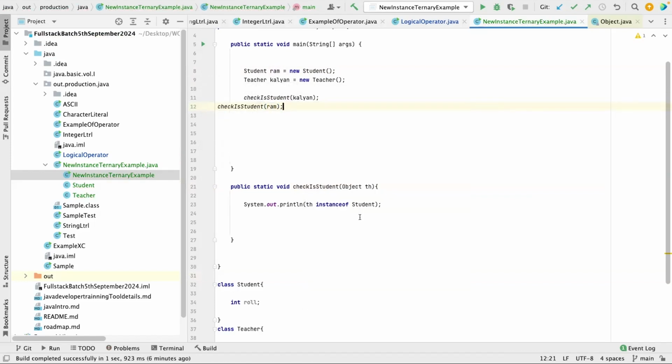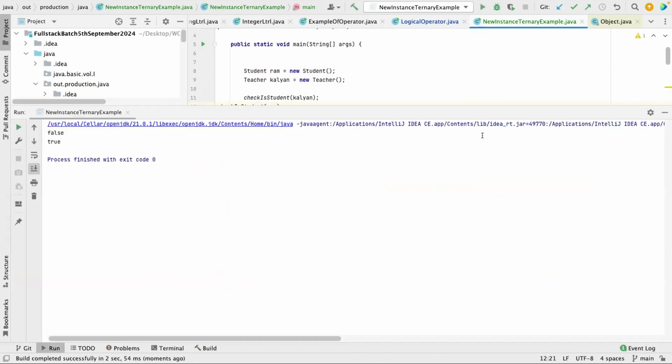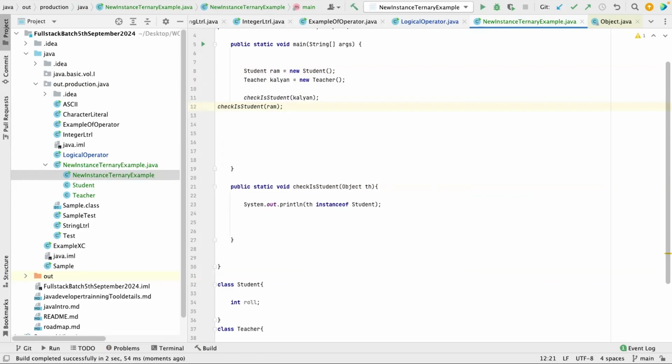Let me execute this. For Kalyan, it will return false. For Ram, it will return true. So clear or not till here? See, the basic idea